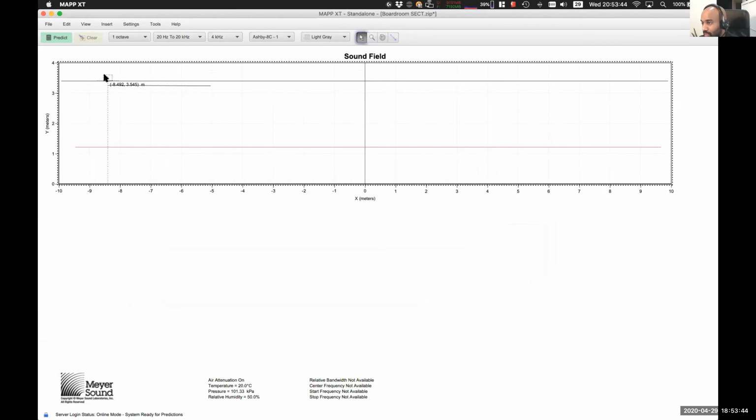What I can do is select my first Ashby, copy that using Command C, and then press Command V, or Control V on Windows, and I can just place it at the edge of this. This will get us into a good ballpark